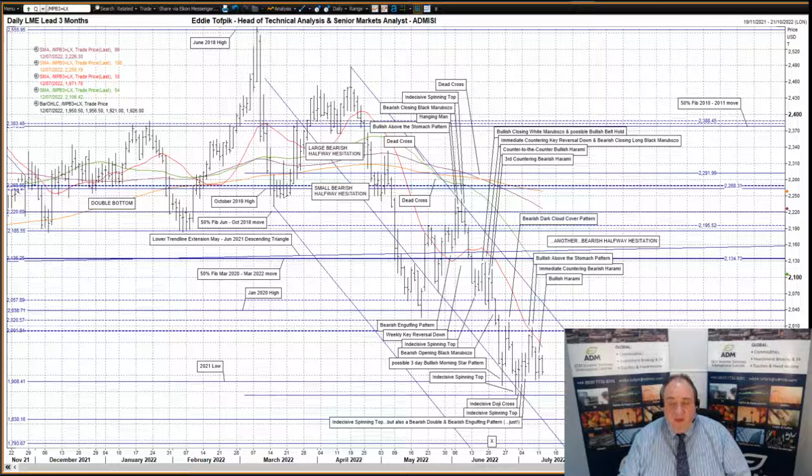Finally, I've been trying to nurture an idea I planted in your mind many, many weeks ago. It was to regard the whole action of 2022 so far, even perhaps going back to November last year, as a possible diamond pattern. Now, this idea seems to have fizzled out, and I will not mention it further unless it manages to raise its ugly head again.